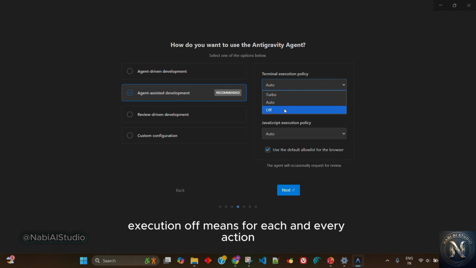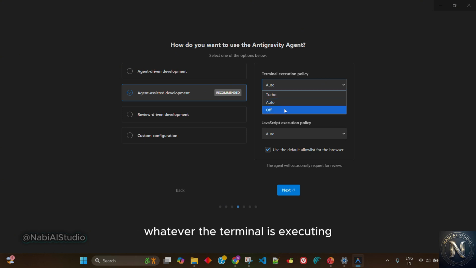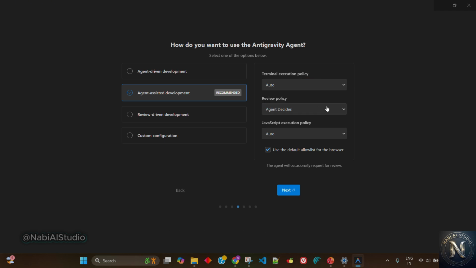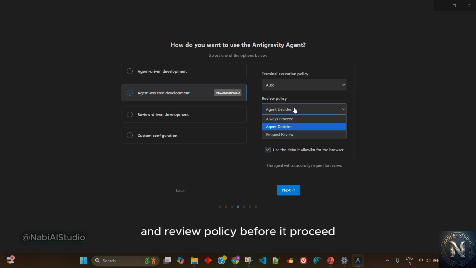Off means for each and every action the terminal executes, it will ask the user's permission to proceed. And the review policy, before it proceeds: if you select always proceed,